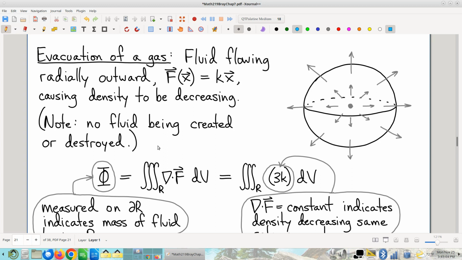And so as the gas expands, it's going to expand kind of outward, you might say, and this vector field, something kind of like this, kind of outward. The farther you go out, the more gas is pushing it along, and so it's moving faster at the edges. And of course, in the middle, if the gas is expanding sort of symmetrically, the gas isn't moving at all, right? So something like this would represent this outward expansion of gas. Okay. Now,